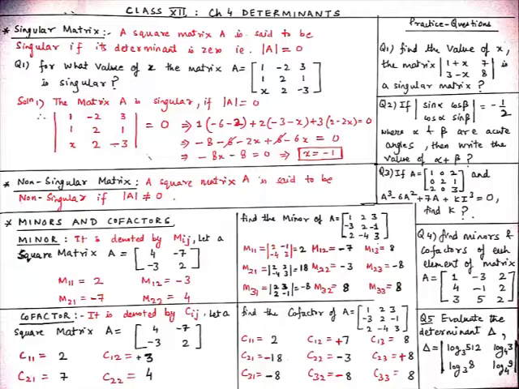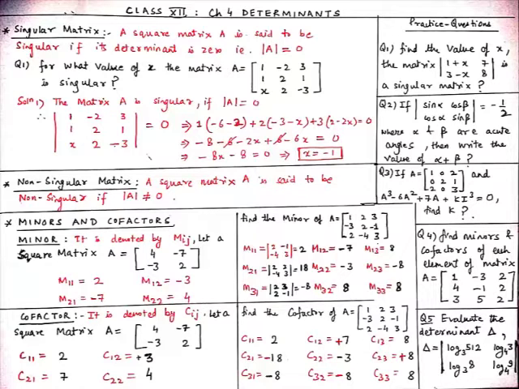Now we will take the A13 element, which is 3, and hide row 1 and column 3 completely and find the determinant of 1, 2, x, 2. So we get 2 into 1, 2, minus 2 into x, 2x, and this is equal to 0. Now on solving it, we get -6 -2, -8, plus 2 into (-3 - x), -6 - 2x, and then plus 3 (2 - 2x), 6 - 6x, which is equal to 0.